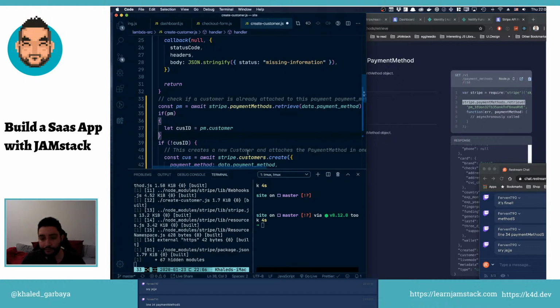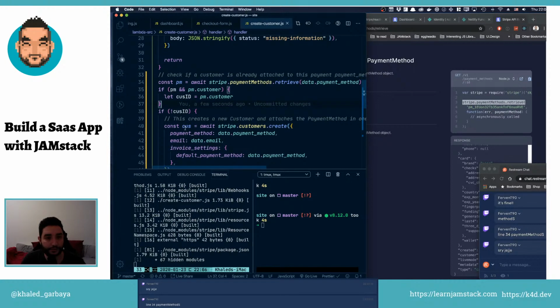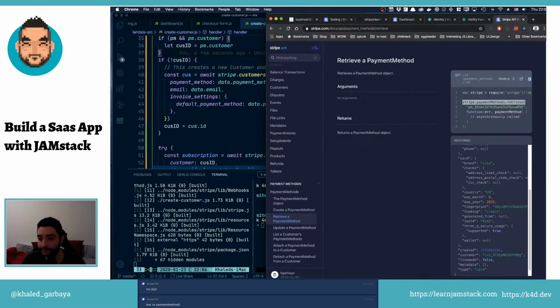And if there is a payment method and there is a customer, probably there is a better way of doing this. I'm sure the SDKs or the APIs are kind of handling these cases. Let's try